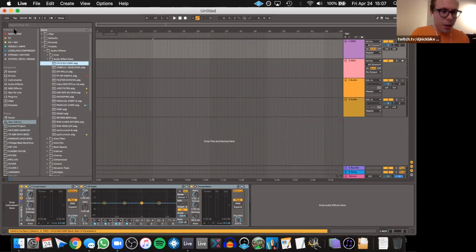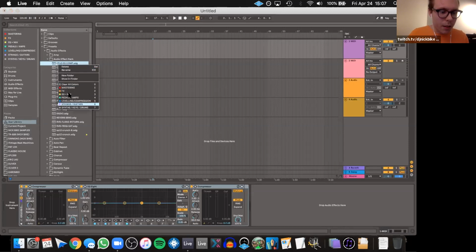And then using Ableton's collections, this was new in 10, maybe in an update, I believe. I can drag this into one of my preset folders. So now I don't have to go digging through my presets or stock presets or plugins, or I know people probably have a lot of plugins that they don't even use. This has saved me so much time. I have my go-tos where I need them to be, and I'm just there doing it.